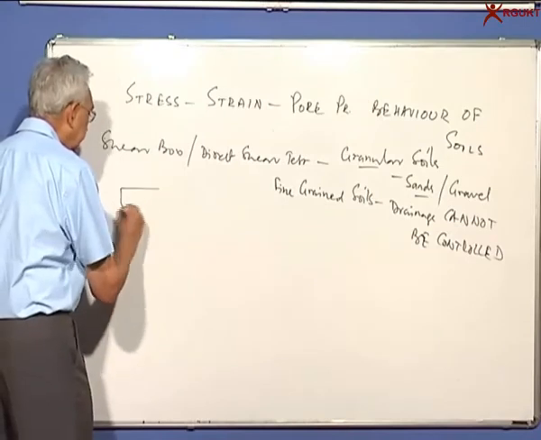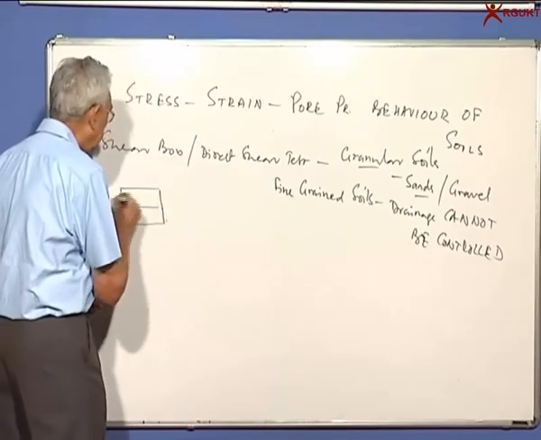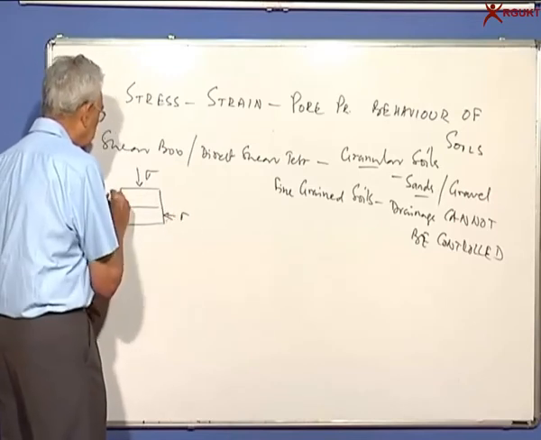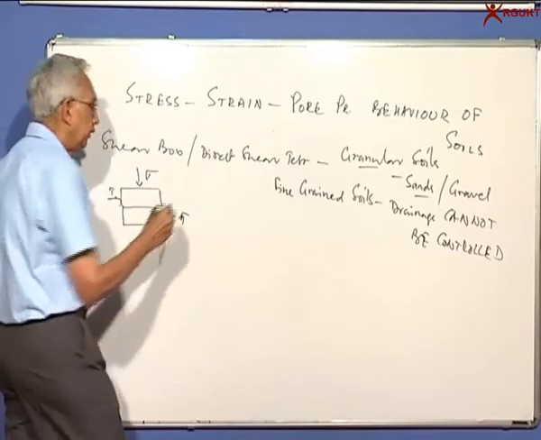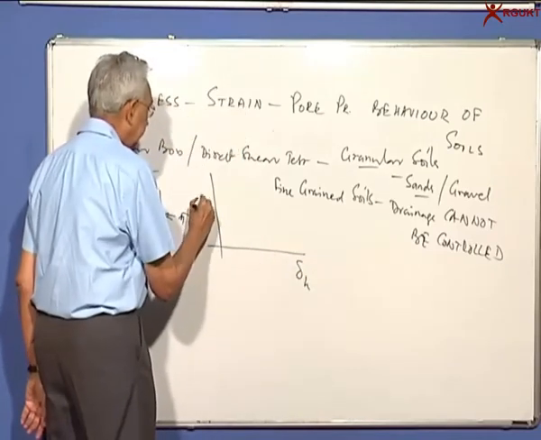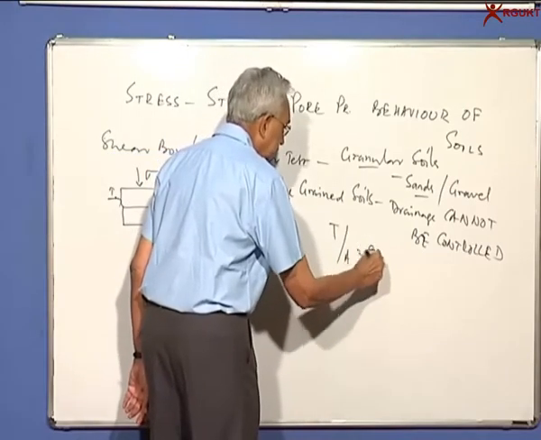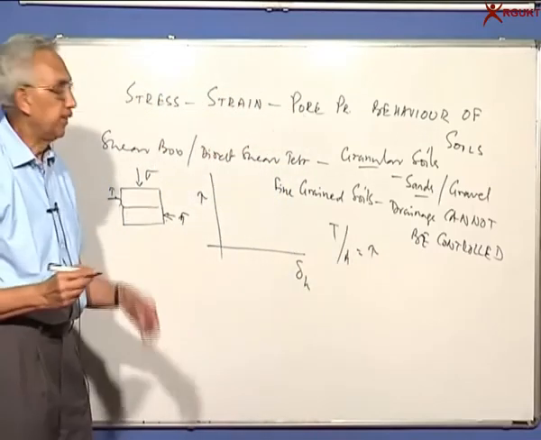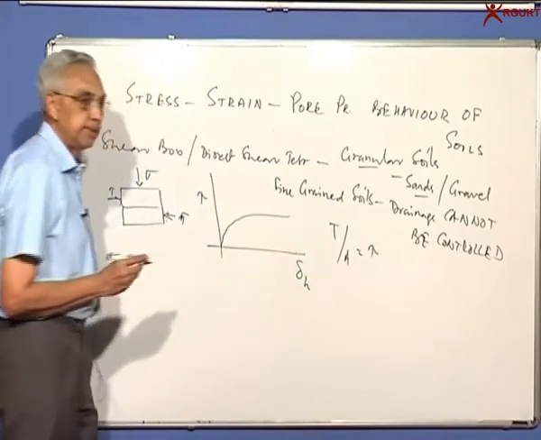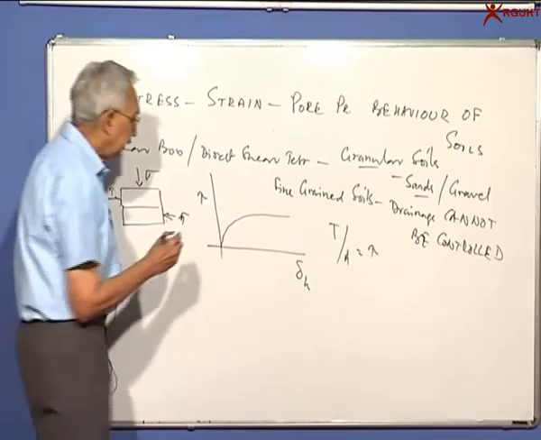Now when you do the test, if you remember, we have two boxes sliding over each other when you apply a shear force under a given normal stress. This is shear stress, tau. So I can plot horizontal movement versus the shear stress, which is equal to shear force by area. We get two kinds of behavior. The stress strain curve will increase gradually and reach an asymptotic value. The other extreme